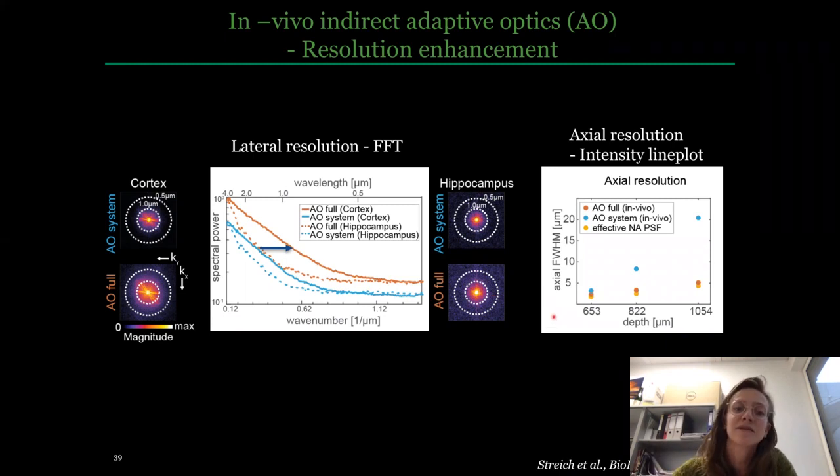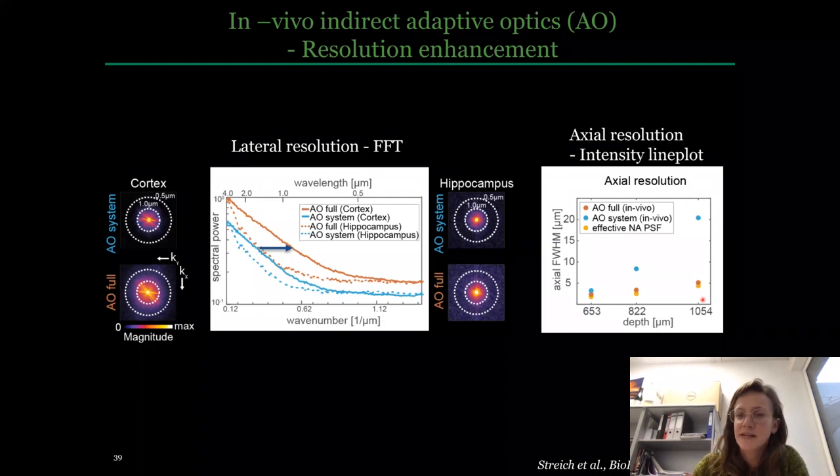And here you can see the axial full width at half maximum plotted for different depths. And in blue, you see the axial full width at half maximum before aberration correction, where you can clearly see that the point spread function degrades with imaging depth. While in all cases with adaptive optics, we can recover near diffraction limited resolution. So by combining three-photon microscopy and adaptive optics, we are now able to achieve near diffraction limited resolution down to beyond 1 millimeter depth. So with our microscope, we set out to also study a different cell type in the